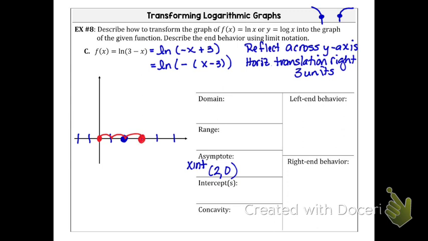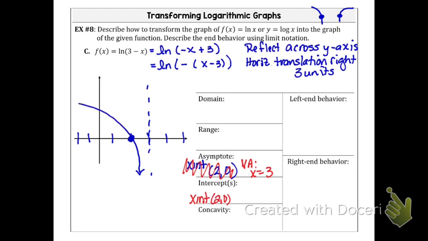So I know that my vertical asymptote, I should have been telling y'all earlier, if I was not so far into this video. So the x-intercept was at (2, 0). The vertical asymptote is going to be at x equals 3. And I'm going to regraph that because I've made so many marks. So vertical asymptote at x equals 3. X-intercept at (2, 0). And we know because we reflected across the y-axis, our graph is going to look like